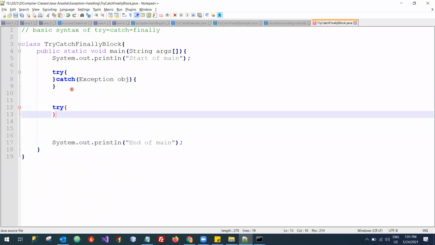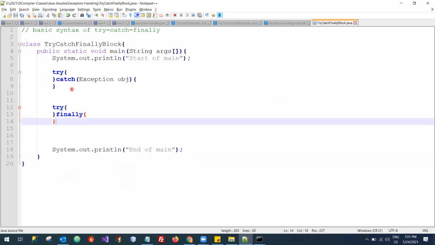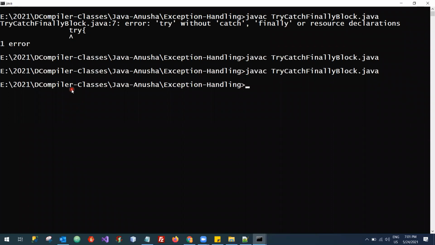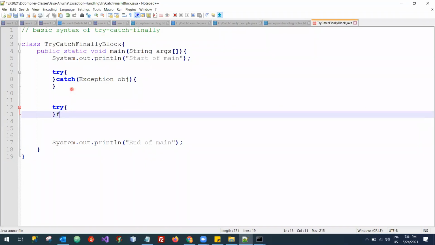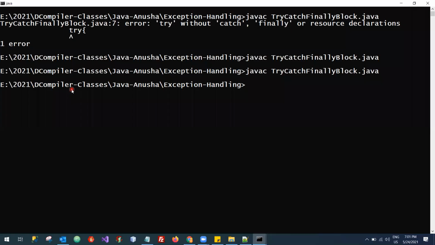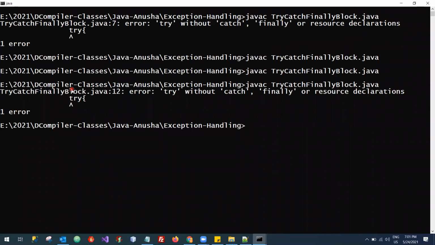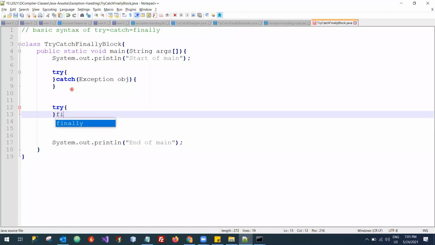The second one: when you write a try, if there is no catch block, it's fine, but it should have a finally block. Let me remove this now and let me show you. Try without catch, finally, or resource allocation. So what should be there?